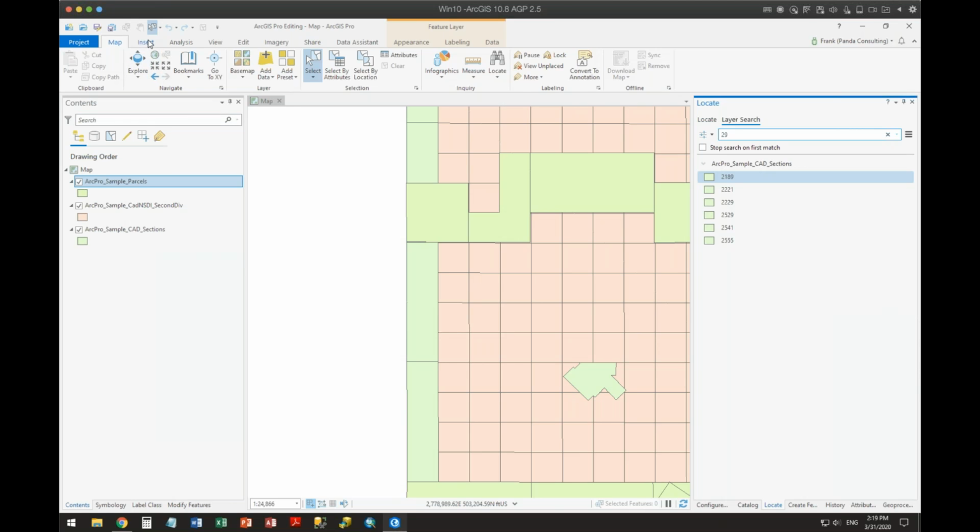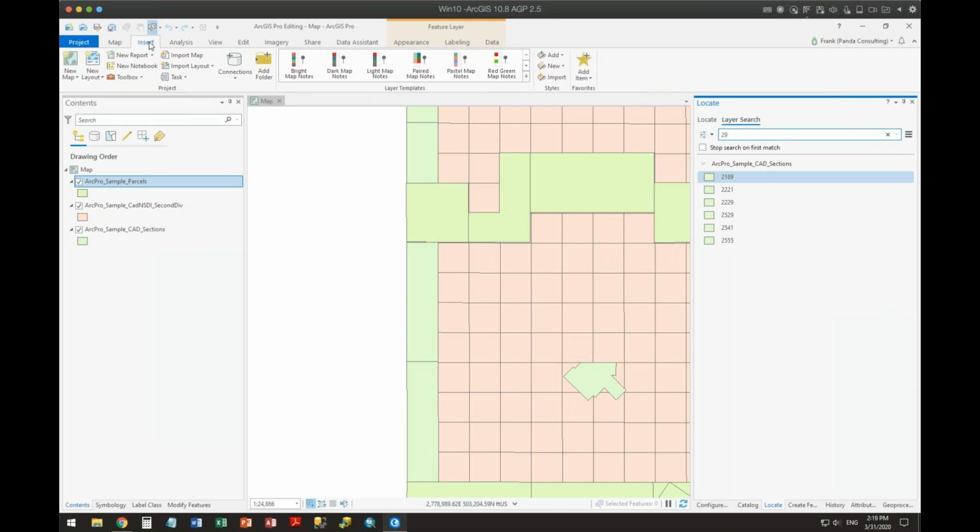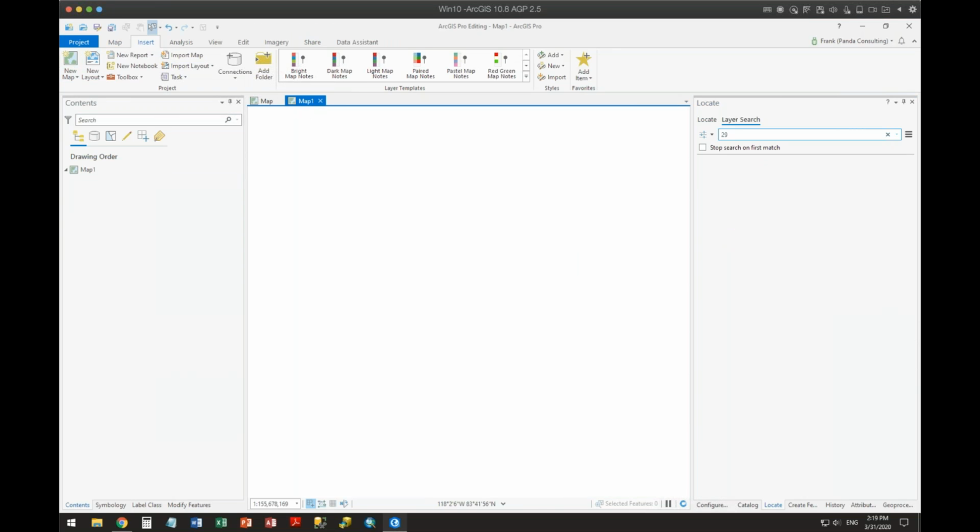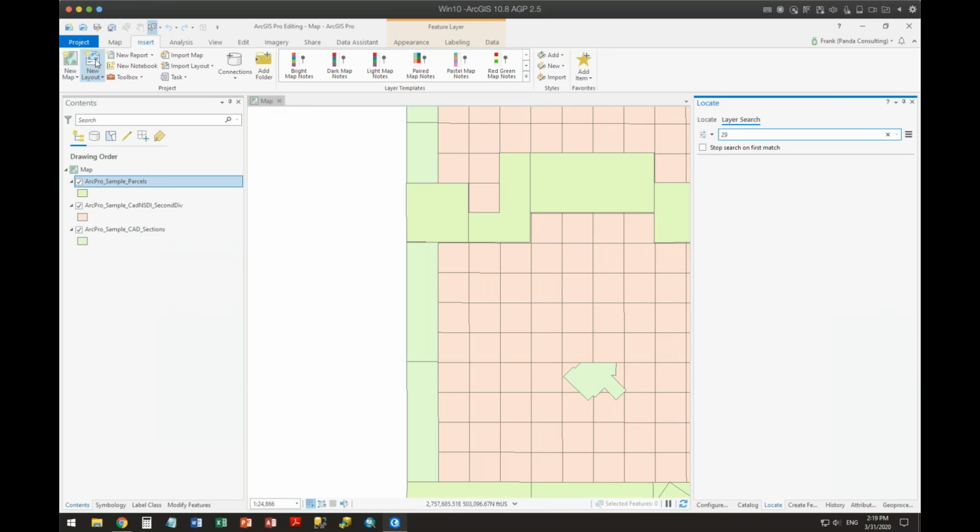All right, let's look at the insert tab. The insert tab is, for example, if I were to want another map, I could insert another map in here. I can have multiple maps inside of this project. So I could actually have multiple data sets that I'm working on or different ways of viewing on it. Same way, if I were doing a printed map, I could have multiple layouts on there.